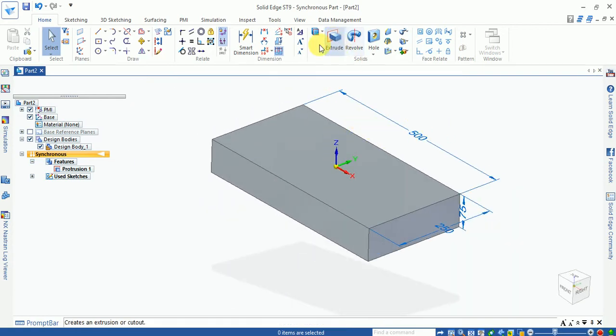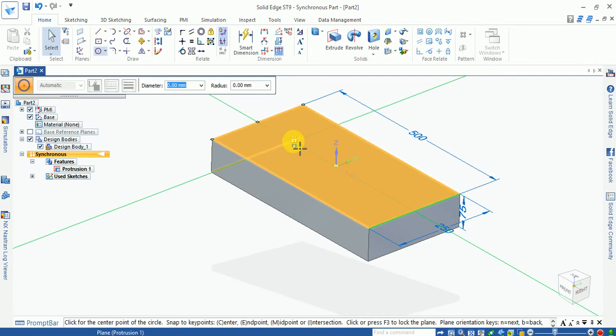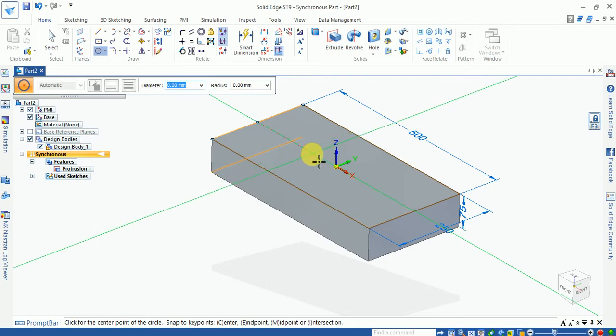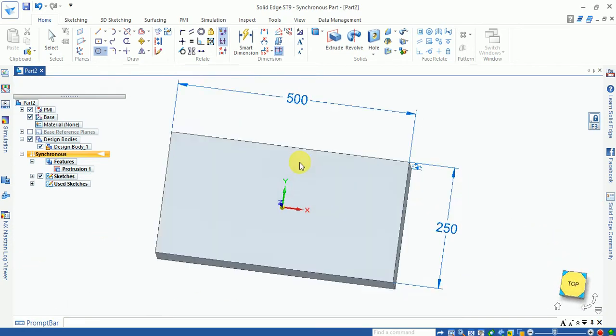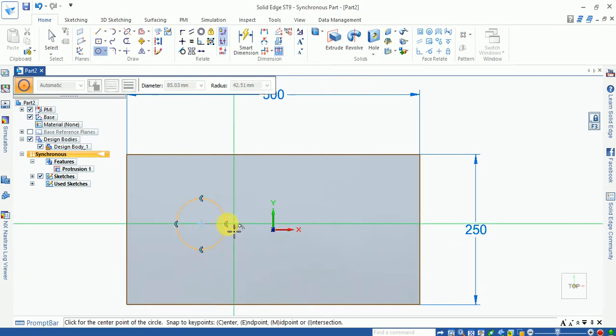Now another sketch: select this circle. Now lock this plane, select the top side, and draw the circle here with the same center.